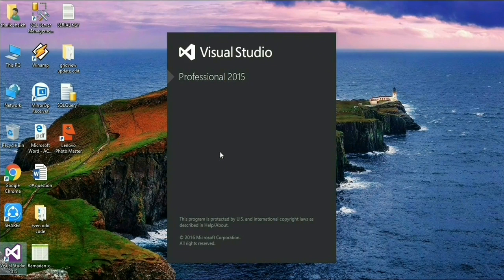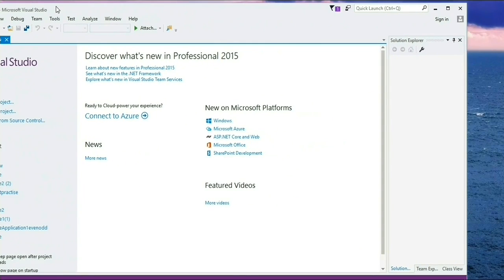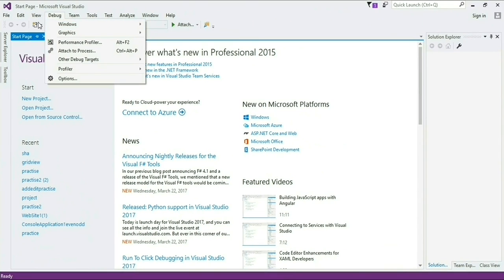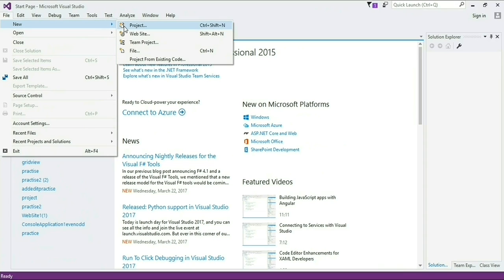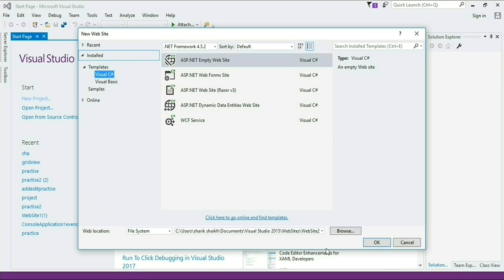Now open Visual Studio. Click on file, go to new, then click on website. I am giving it the name student detail.